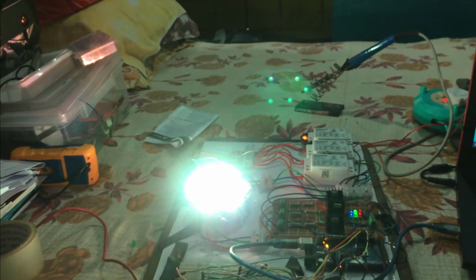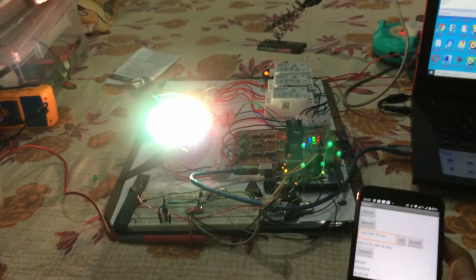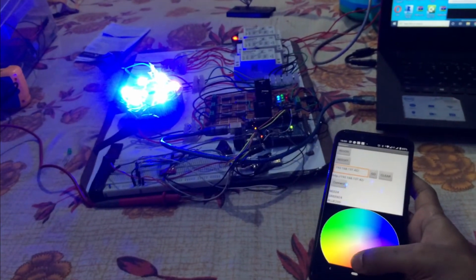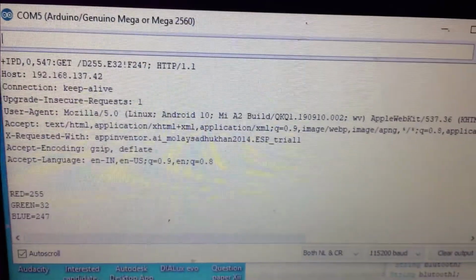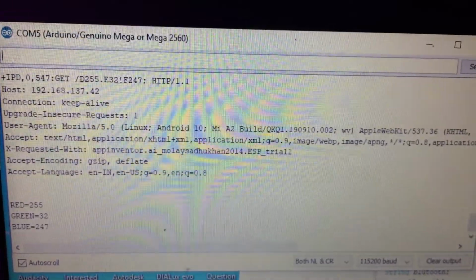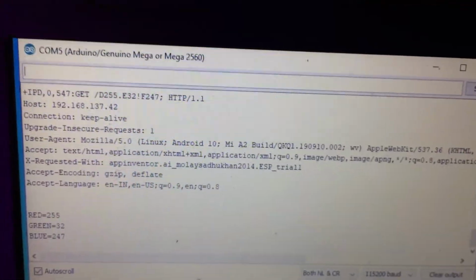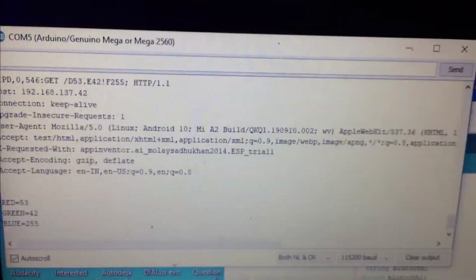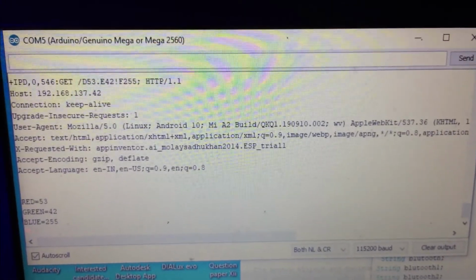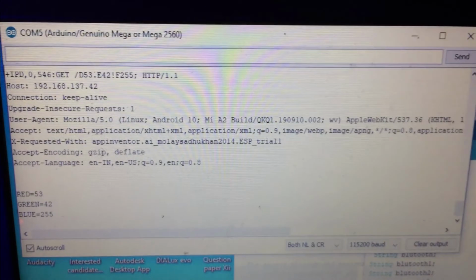So this is the same as my Bluetooth app, but it works with respect to my Wi-Fi access address. As we can see, everything is given via my IP, and if I change anything here, new data is sent via that IP. So this is my Wi-Fi application by means of which Wi-Fi communication is made.